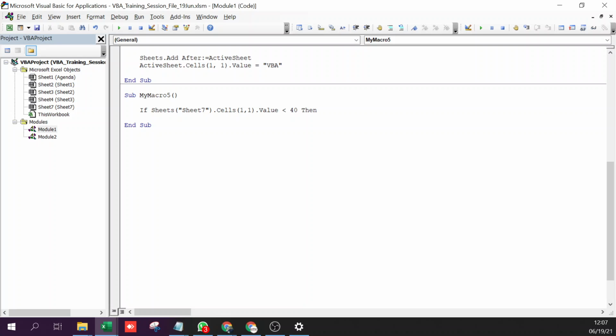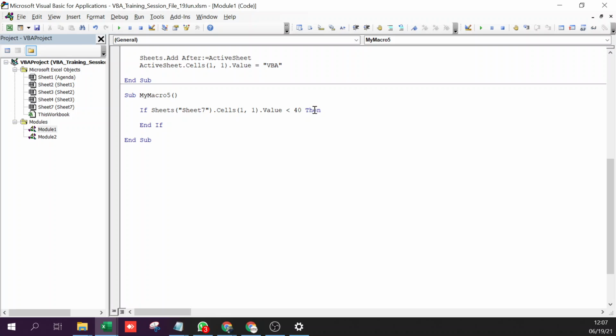You write a then you go to the next line, and you end the if with end if. So whatever is written between if and end if will be run if the condition is satisfied. And in the formula there was also an else, right?